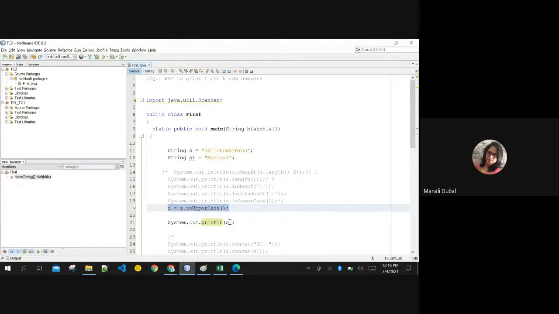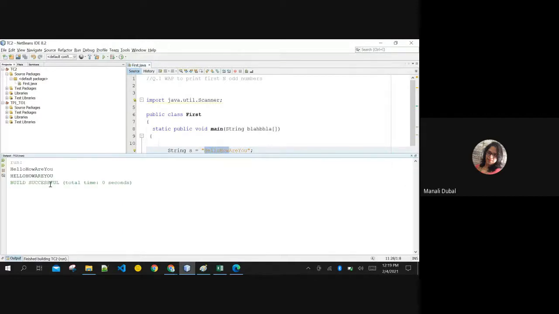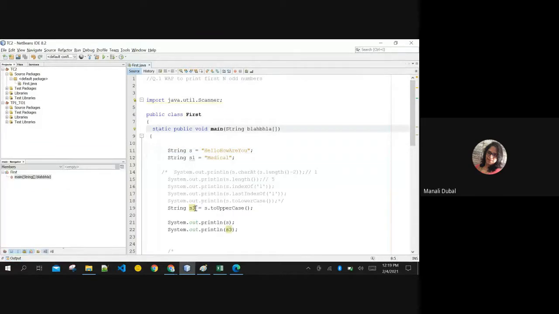This will change S. One more thing I want to show you here. If I create a different variable, String S3 equals this, then S will still be the same, only S3 is changing. You are creating a new entry in the heap, which stores the converted uppercase record. S will still be the same small case, see, S is still pointing to the old value. The new value is being pointed to and saved by S3.